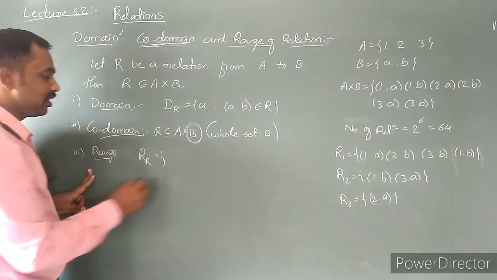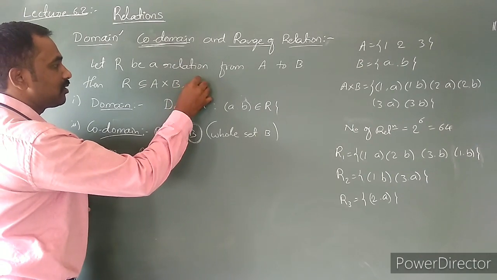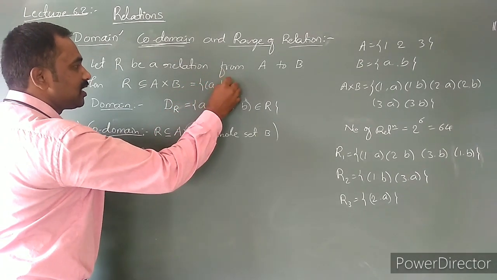Second element of the ordered pair. Second element of the ordered pair is nothing but B. B is the second element. You can write the general form. What is that? A comma B,